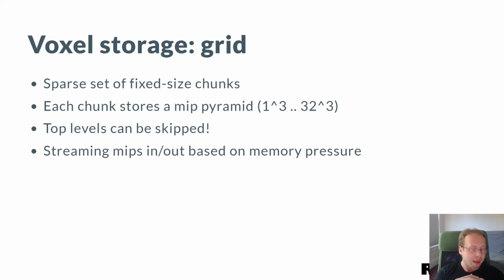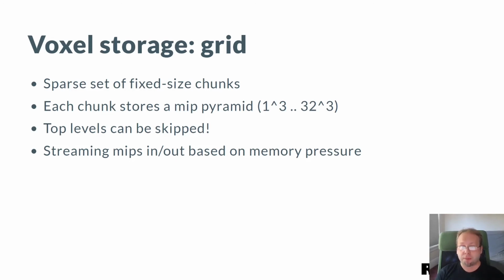For each chunk, it's not just the voxel content that it stores for the base voxel resolution, which is like 1 meter, but it's also a full MIP pyramid in 3D. Because it's a 3D MIP pyramid, it doesn't add that much of an extra memory cost, but it's really important to have this. So one reason to have this is level of detail, which we'll cover. The other reason to have this is that it's infeasible to store the entire voxel landscape. Like the Mars level, I think, is 500 million voxels, and it's just too much memory to store on an iPad 2. So because of this, we have a streaming system that can unload and page in and page out